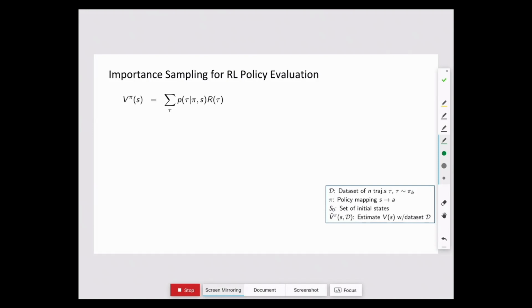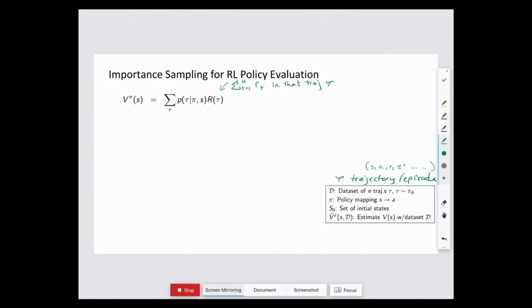And one way to write this down is we can think about T here as trajectories. So tau is a trajectory, or you can think of it as a trajectory or an episode. So this is a case where we have S, A, R, S prime, dot, dot, dot. And one way to think about what the value of a policy is just to say, what is the probability of that policy generating a particular trajectory times the reward of that trajectory? So this here is the sum over t equals 1 to the length of horizon of all the rewards in that trajectory tau.